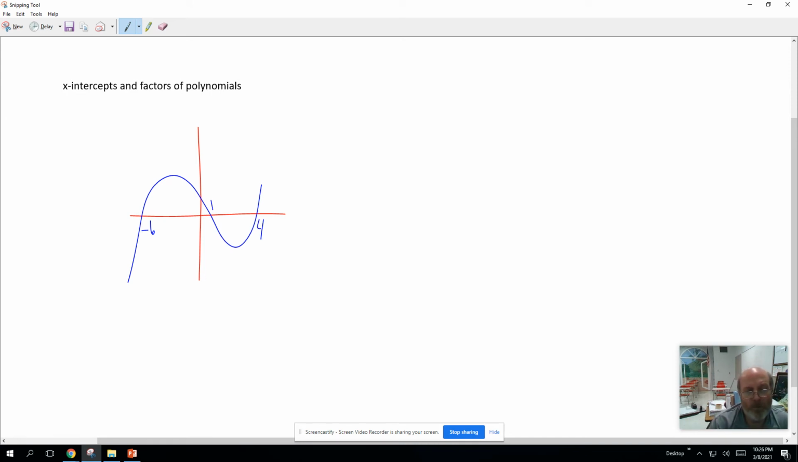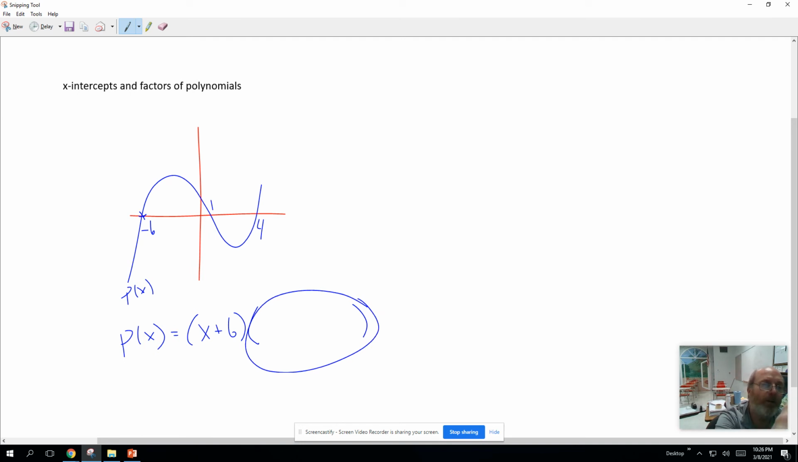Now, I told you before what we know about this polynomial, because we know that the y value is 0 when that graph intersects the x-axis. We know that if this polynomial is some function p of x, then p of x has a factor of x plus 6. So it means it can be written as x plus 6 times something, because if I plugged in -6 here, that would give me 0, and 0 times whatever this was is going to equal 0